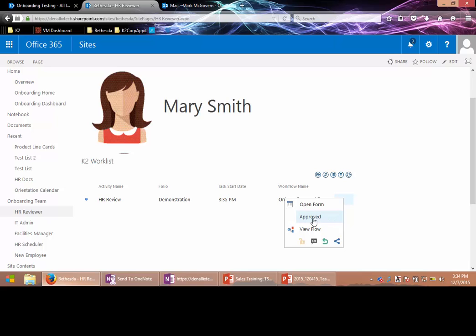Some people are all about speed. Maybe people communicate very frequently via phone call. We could allow her to actually approve this right here without even looking at the form. Or we could hide that and force her to open up the form and look at all of it in detail before she actions it. So before I do any of that, I'm actually going to go ahead and take a look at view flow,